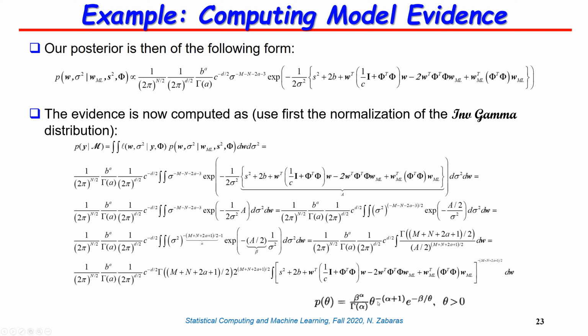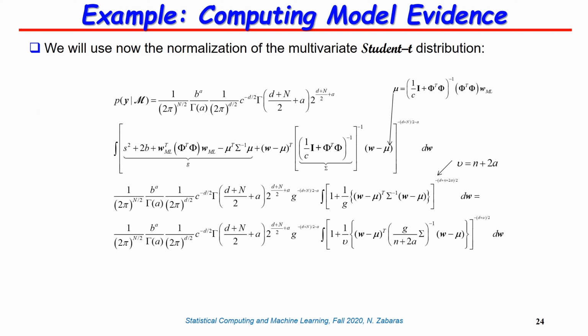So if you plug in this normalization factor, this gamma distribution coming from here divided by beta to a power, all of this defined by the particulars of what you see inside the integration here, you get a nice expression that depends only on A and has to be integrated in W. So this is an equation that involves only W, and now you're going to have to do the integration in W. Now it turns out that if you look very carefully and you do a little bit of algebra,